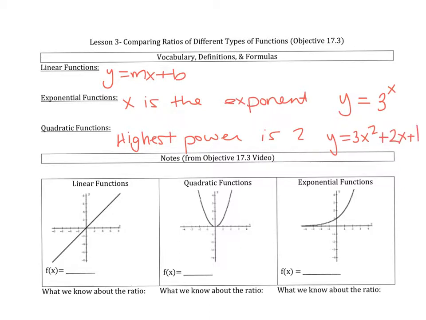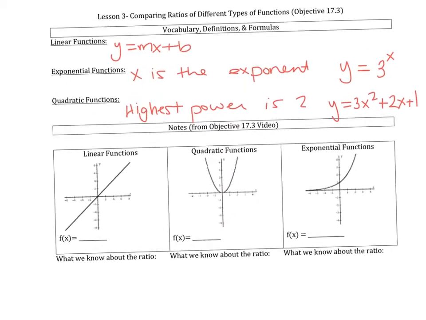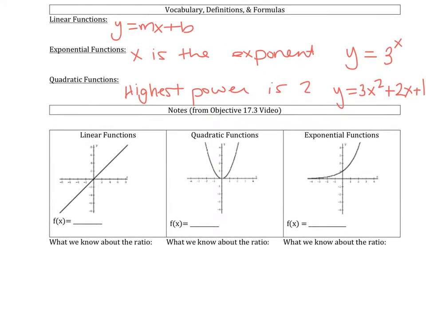Let's talk a little bit more about these three types of functions. Here are what we call the parent functions for each one of these graphs. Linear functions, the parent function is f of x equals x, and the graph of that looks like this. A parent function is just the function before it's been transformed or moved around. Quadratic functions, the parent function is f of x equals x squared, and the exponential function is f of x equals